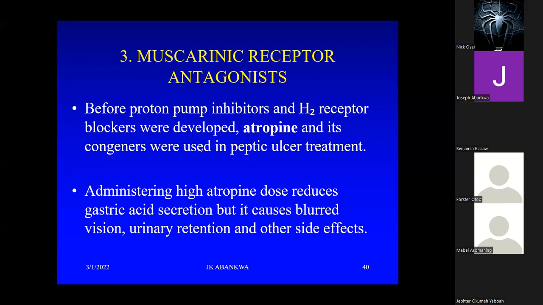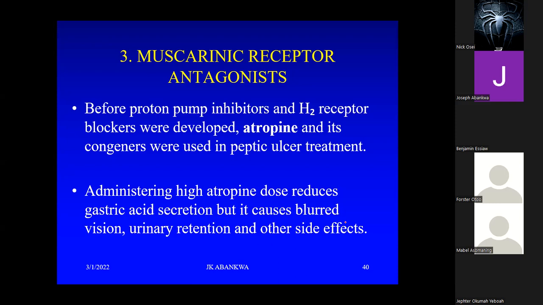Atropine and pirenzepine were used in peptic ulcer treatment. And what did they do? They go there and block the muscarinic receptor, blocking the acetylcholine from binding to the muscarinic receptor. Administering high atropine dose reduces gastric acid secretion because the acetylcholine can no longer go and bind to that muscarinic receptor. However, the side effects that come with the atropine doses cause blurred vision, urinary retention, and